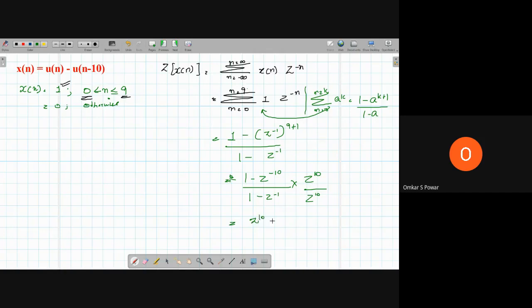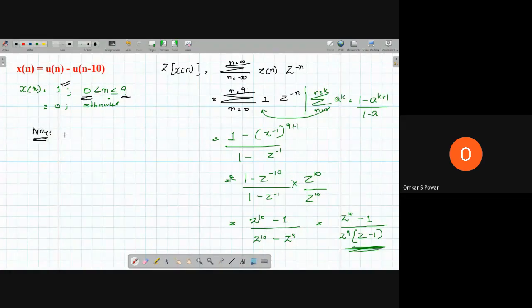So what will we get? z to the power of 10 minus 1 divided by z to the power of 10 minus z to the power of 9. Why am I simplifying this one? Why do I need to multiply? You'll come to know now. Further, we can write this as z to the power of 10 minus 1 divided by z to the power of 9, I'll bring outside, so it will be z minus 1. Why did I bring this equation into this form? Because while solving for the poles, it will be helpful for you. So please note down this technique.